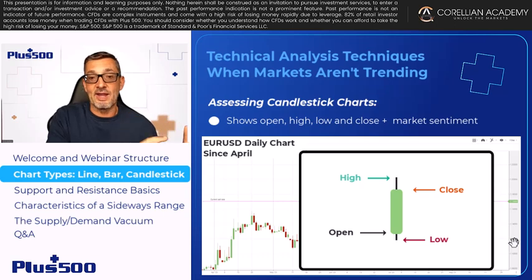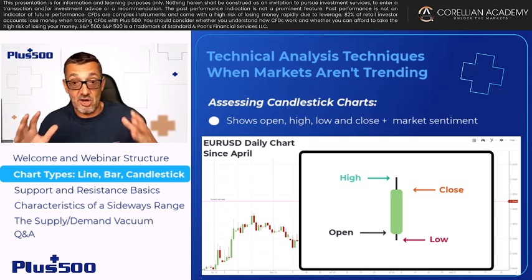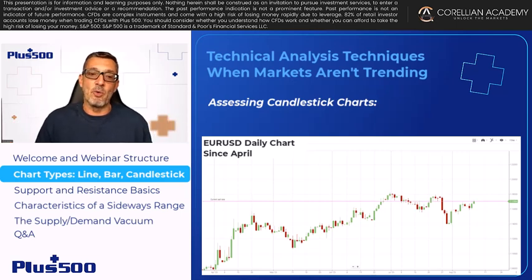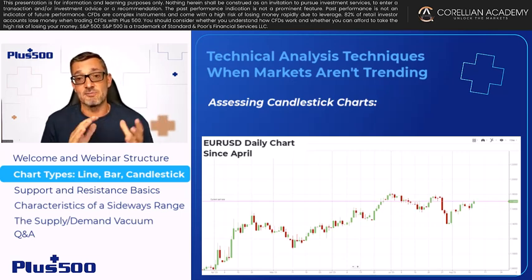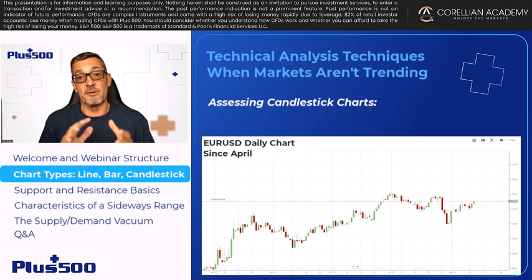This is why at the Corellian Academy, we prefer using candlestick charts for our market analysis, and while the charts within the rest of today's webinar will be candlestick charts. So after that big build-up, let's discuss how candlestick charts can potentially make it easier for us as traders to see how a particular CFD's price has moved and offer us that extra insight into market sentiment for the time